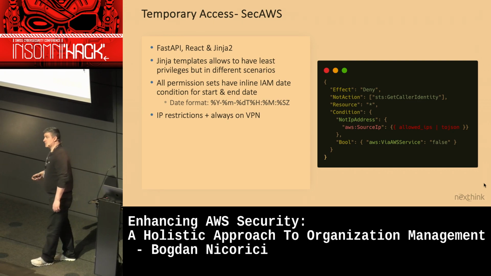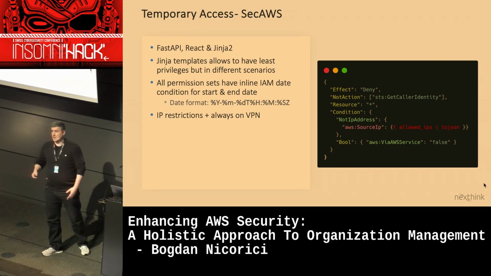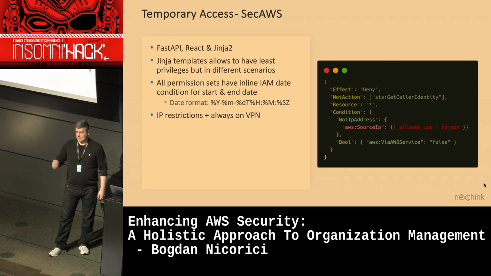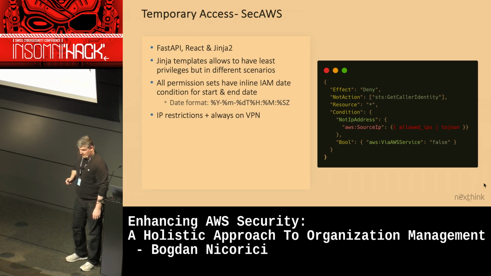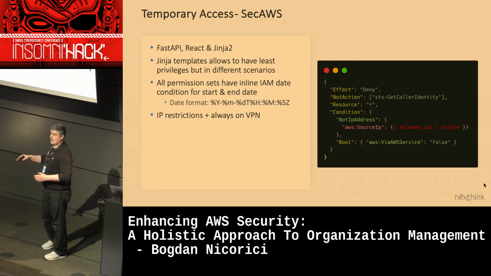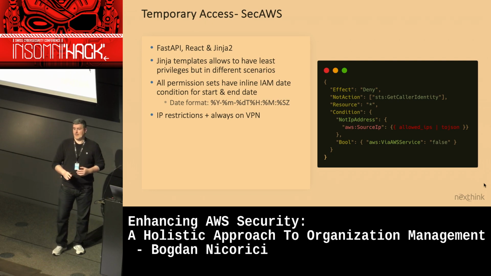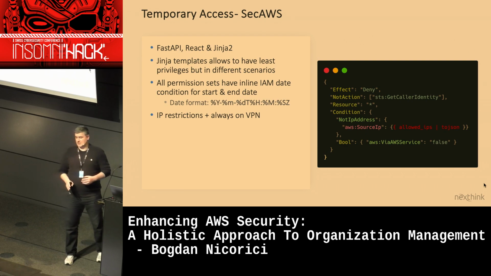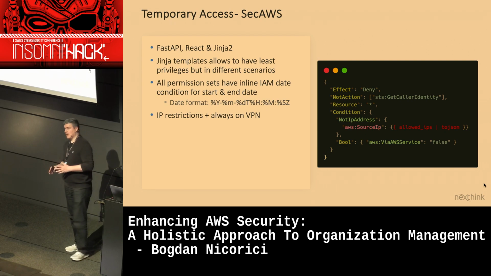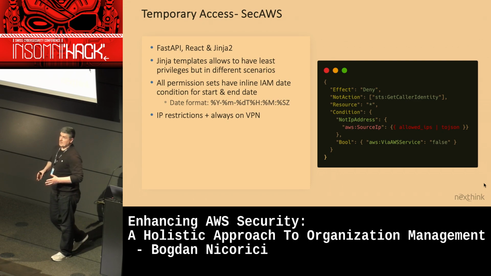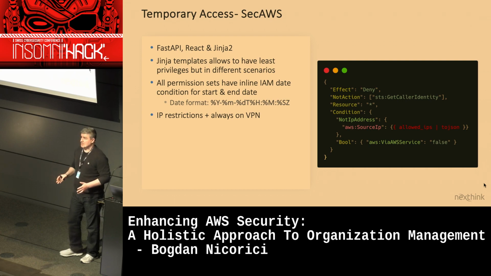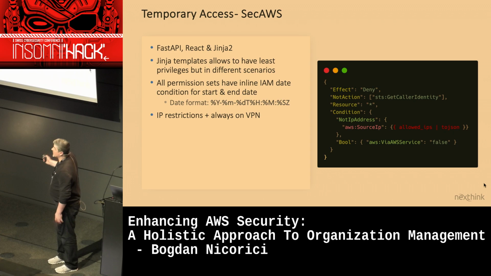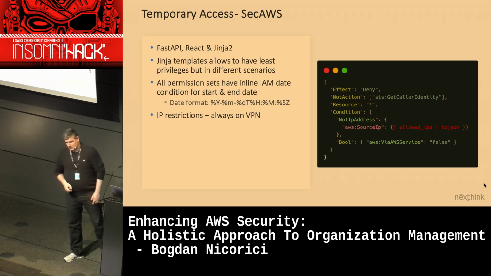Again, we do the IP restrictions on those roles as well. As I mentioned earlier, the session will always be valid. So when we disable the account, they don't have access anymore because they're not coming from the IPs that are managed by our always-on VPN. And all the traffic, by the way, that goes to AWS is flowing through this always-on VPN, which means you are always reaching AWS services with specific IPs. If we block your account, the VPN won't be working anymore, so you don't have access. Even if you had a valid session, it won't work because IAM will see that you're not coming from the same IP, and basically you don't have access anymore.